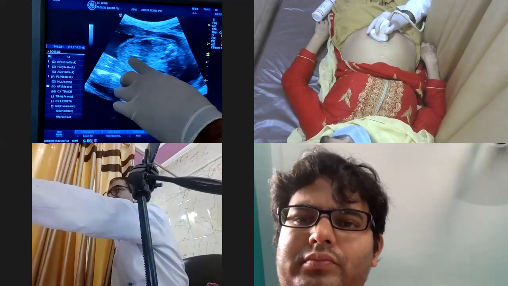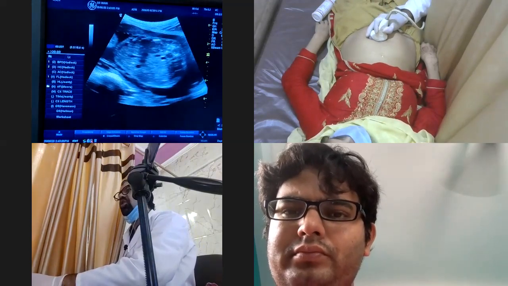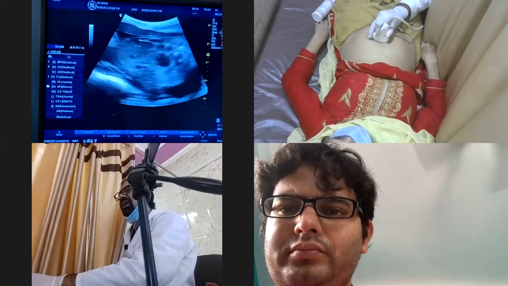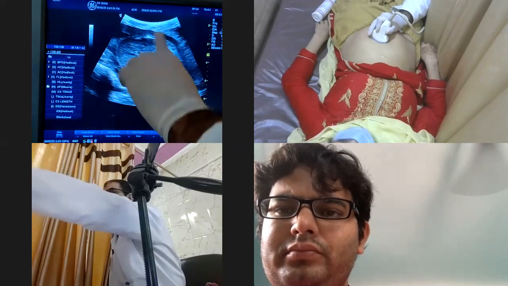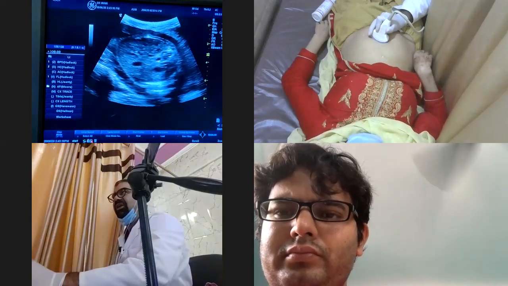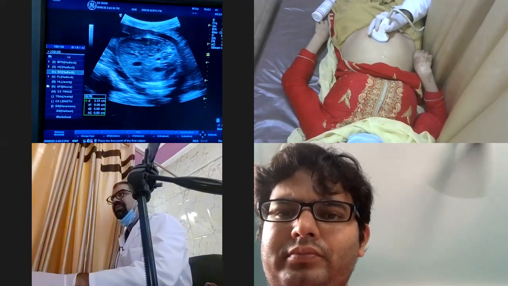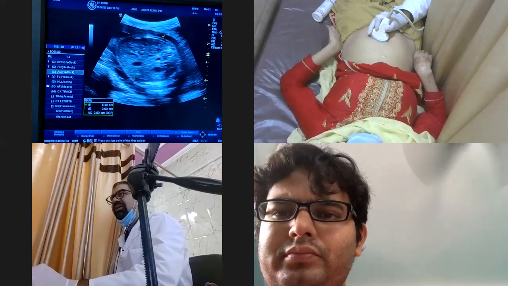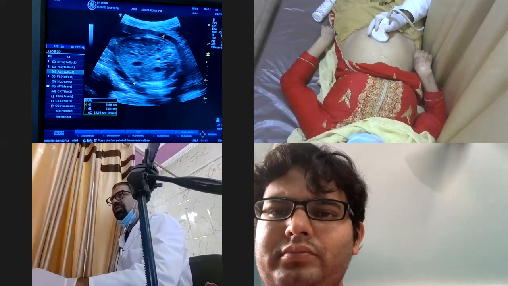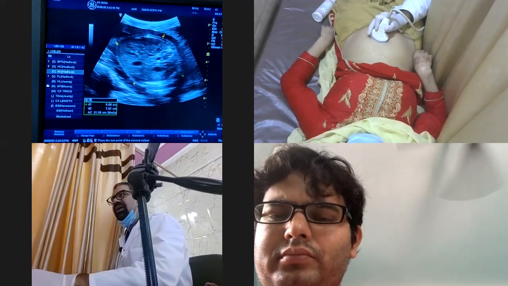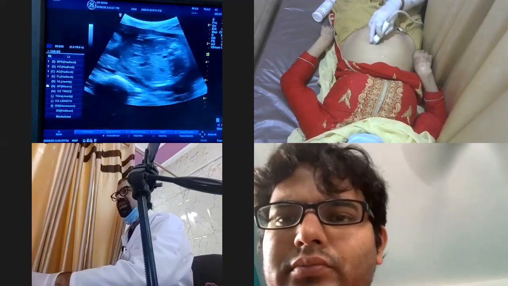This is the portal vein over here, which is seen like a hockey stick over here. And at this section, the abdominal circumference will not be completely round, but an oval-like structure. Then I will go to the abdominal circumference. This is the AC, taking it the same as I took the head circumference. So for the abdominal circumference also we use the ellipse tool, and this is how we are measuring the abdominal circumference.